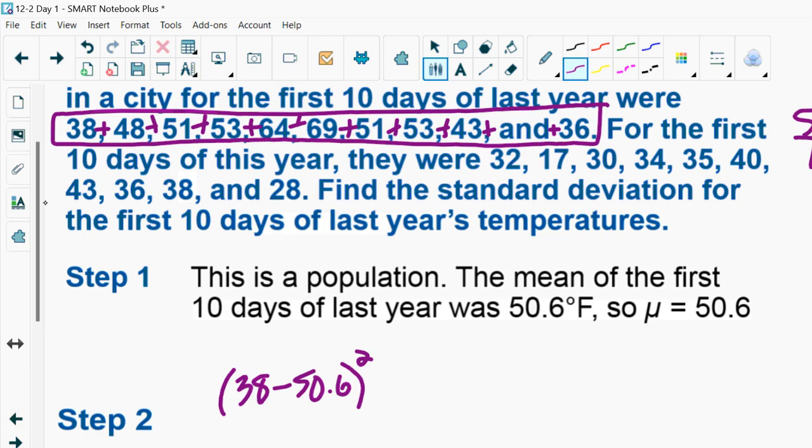I promise, on the test, I won't even give you 10 numbers. It's too tedious, right? I would give you like 4 or 5 numbers to do because it does take time to do it. But then I have to take